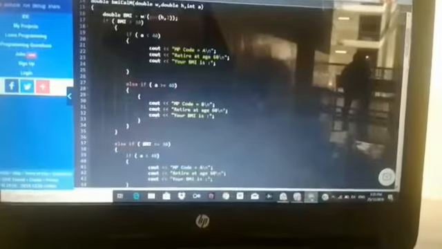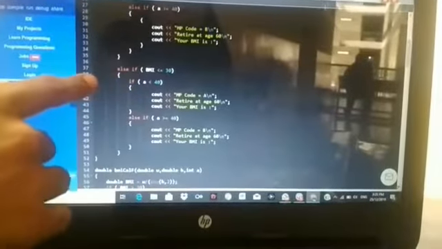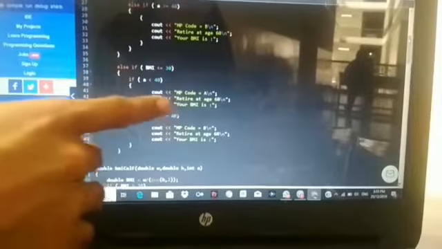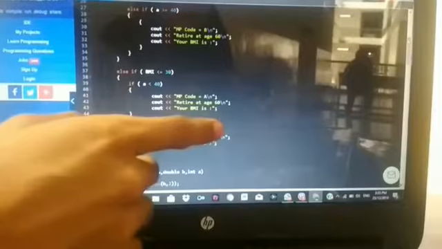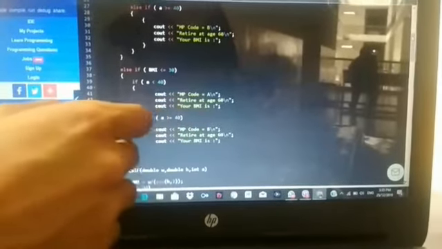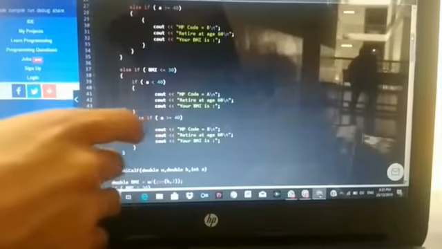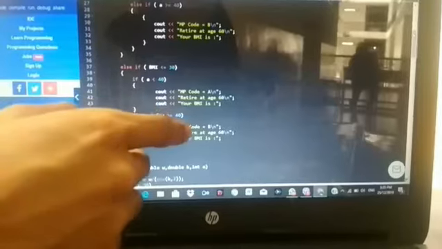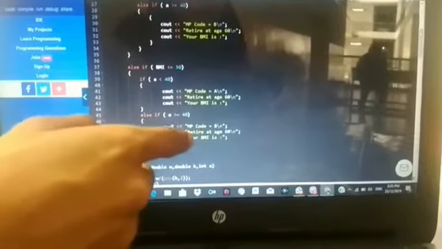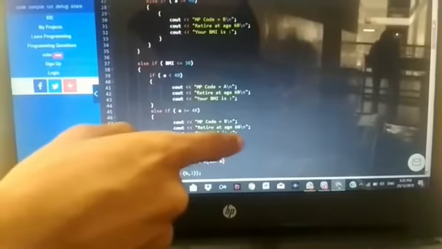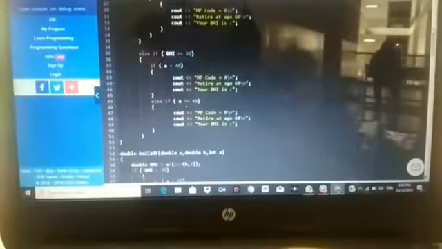Then if the BMI is lower than 30 and age lower than 40, the MP code is A and retire at the age of 60, and it will display the BMI. And for age over or equal to 40, the MP code is B and retire at the age of 60, and it will display the BMI also.